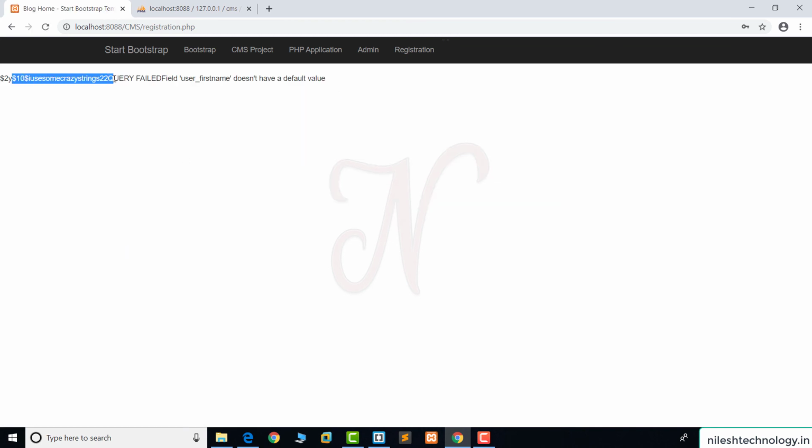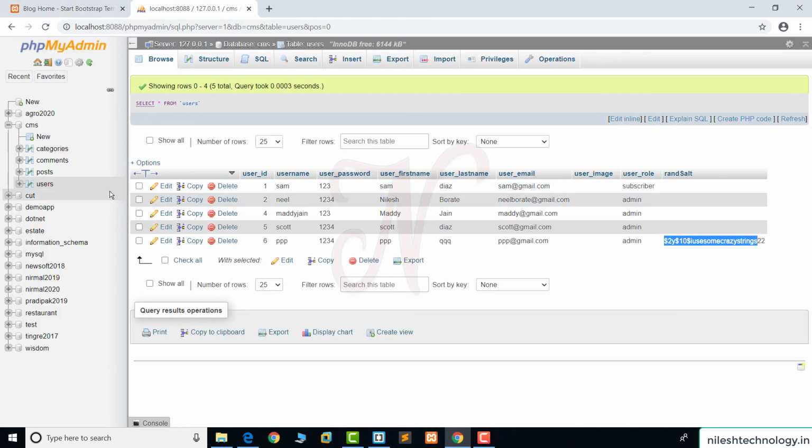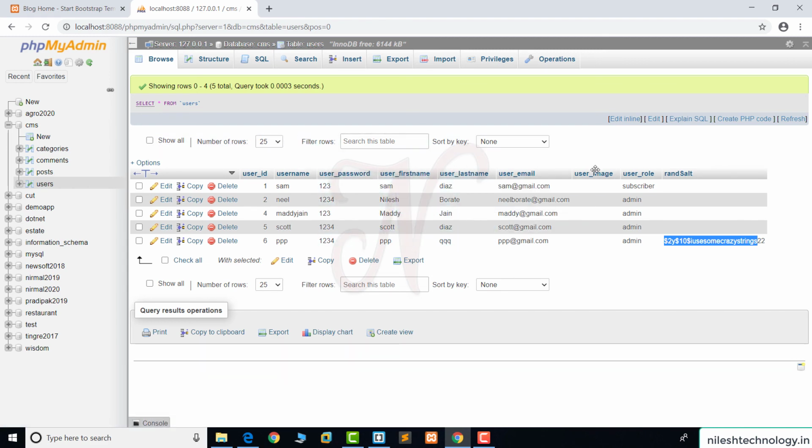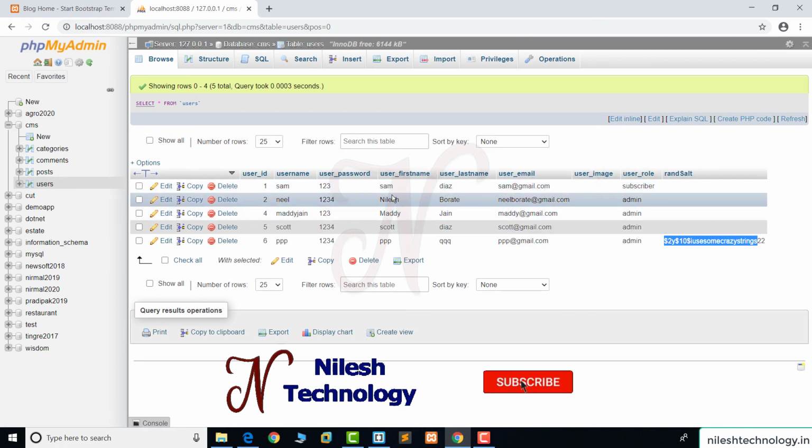Yes, here we print the salt value, and query fail, user first name doesn't have a default value. So there are some fields here, first name, last name, and the image. They don't have a default value, so here we pass empty.